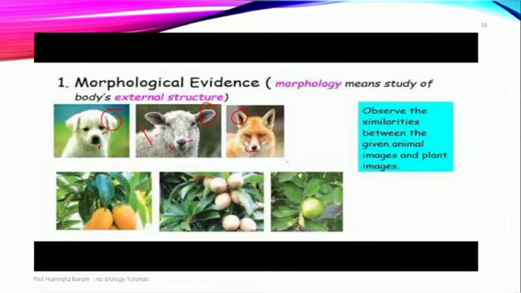Same case in case of the plants also. There is a presence of the venation, that is a leaf venation is there, leaf shape is there, leaf petiole, it occurs in case of the plants. Means on the basis of these two characteristics in case of the animals as well as in case of the plants. मग यावरून आपल्याला काय लक्षात येत आहे? What is indicate? That is in all these plants and in all these animals there are some similarities.